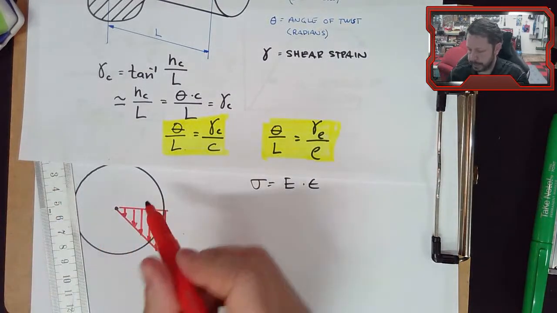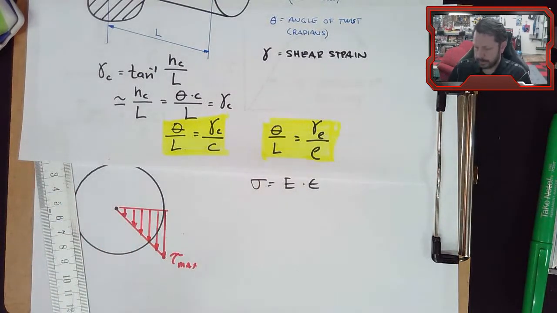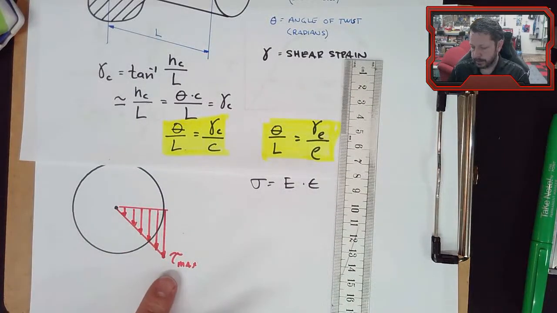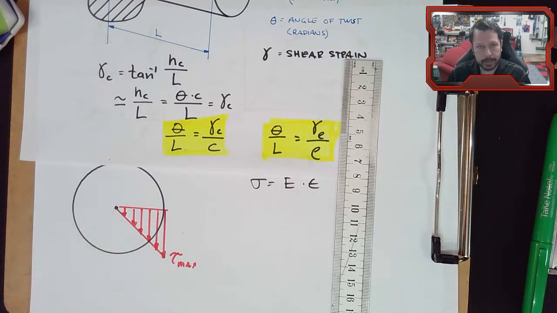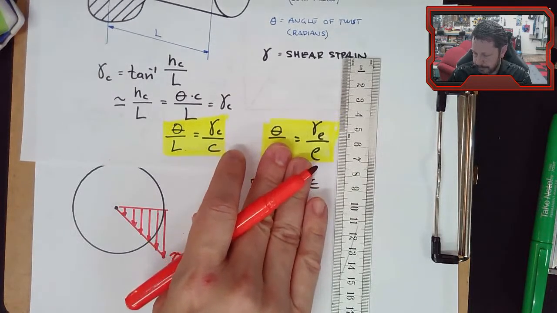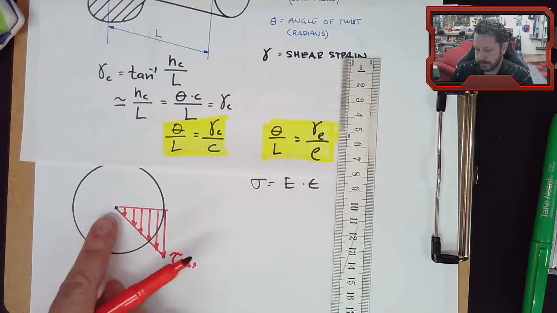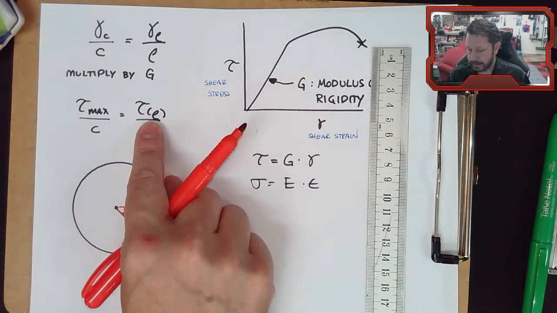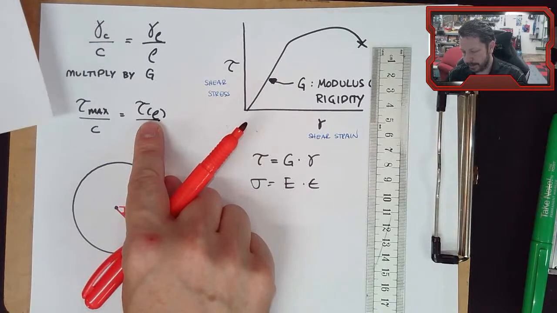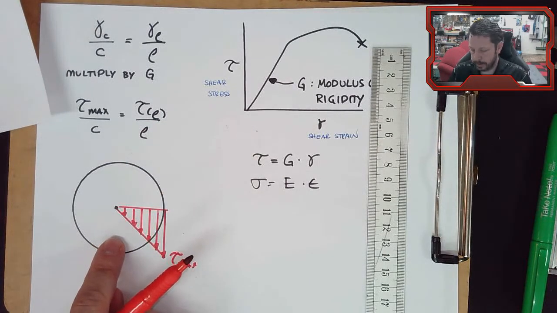So the shear stress at any point in this cross section is going to be maximum at the surface and 0 at the center, and it's going to vary linearly all through there. So there's kind of the stress profile. Now, if it varies, if it's a variable, then the only way I know to deal with that is I'm going to have to integrate across this entire